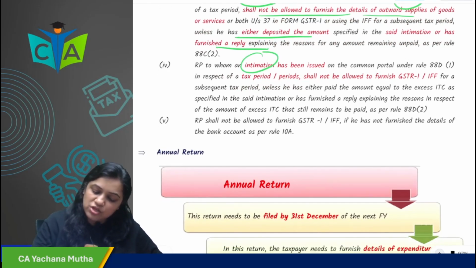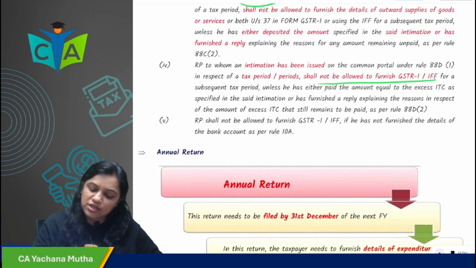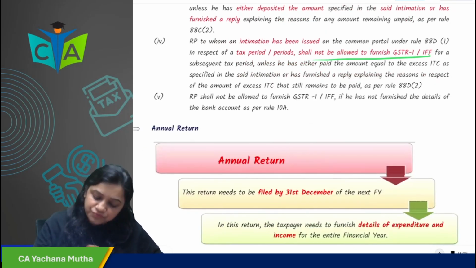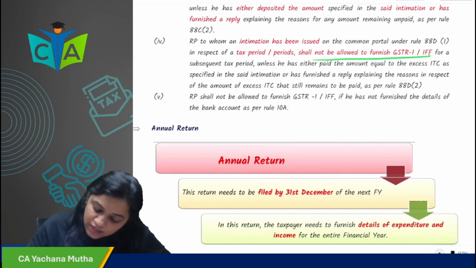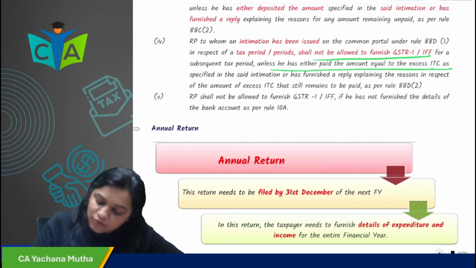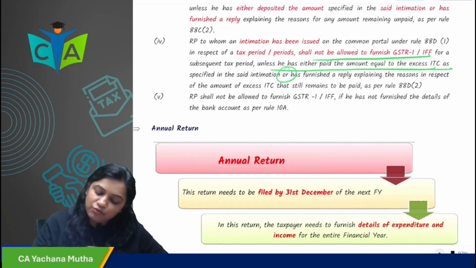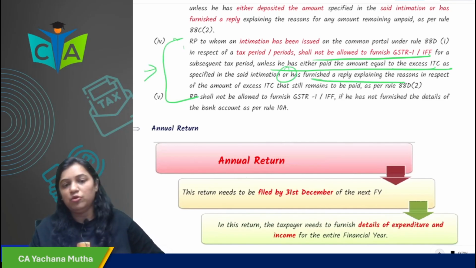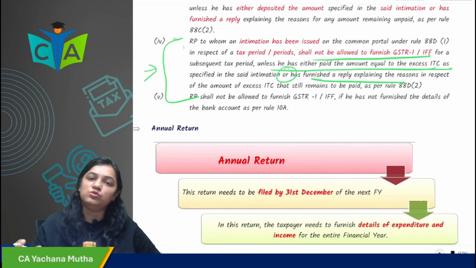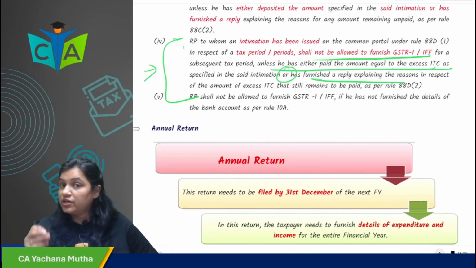Then if intimation has been sent to you under 88D, you are not allowed to furnish GSTR1 if you have not paid the amount of excess ITC, or you have not furnished a reply. So neither you have paid the amount nor you have furnished the reply. In that case also, if an intimation has been sent to you under 88D, you are not allowed to furnish